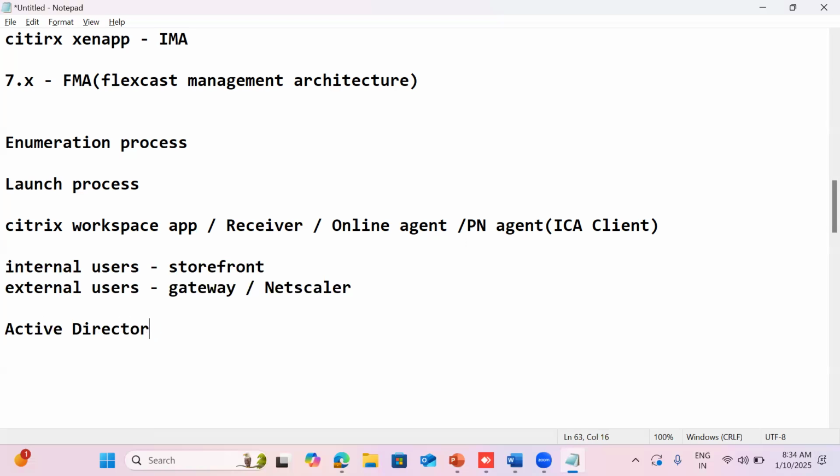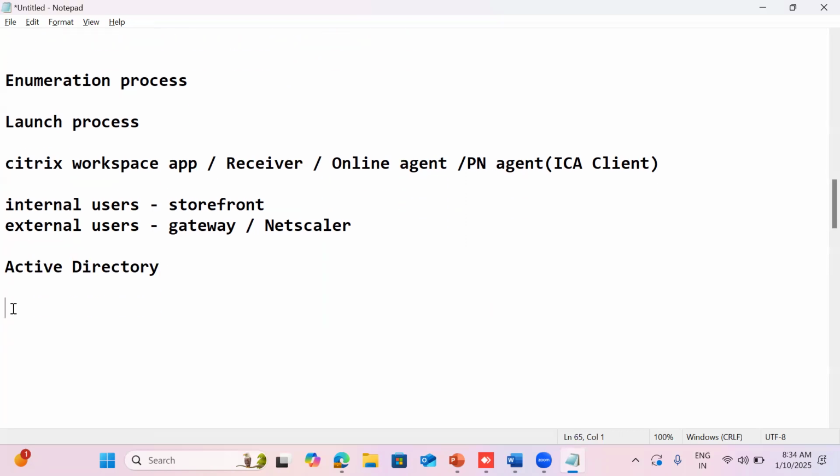If it is successful, the request is forwarded inside our infrastructure. If it is a failure, meaning user authentication fails, then it will reject that session. Active Directory says the user is not valid, then StoreFront displays to the user that the credentials are not valid. If it is successful, StoreFront gets those details from Active Directory,